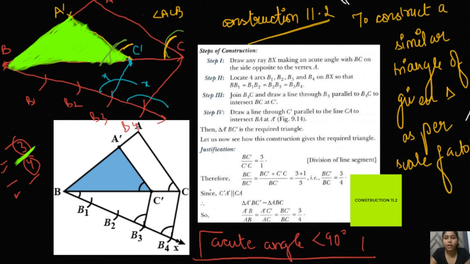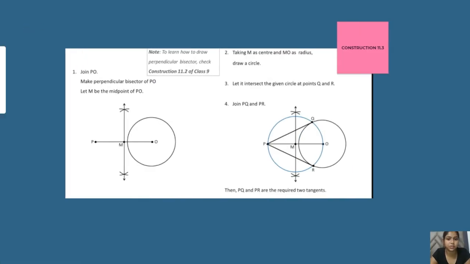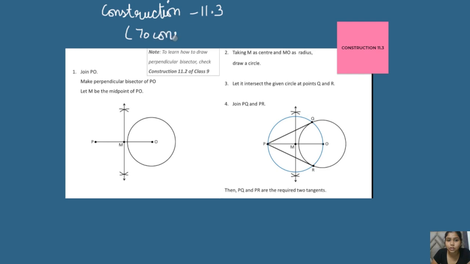So moving ahead with our third construction, according to me, our third construction is the very easiest construction. Only 4 steps of construction are there, and this is very easy. You have to draw the two tangents from the external point. So this is construction number 11.3. This is the last construction of this chapter. You have to construct the tangents